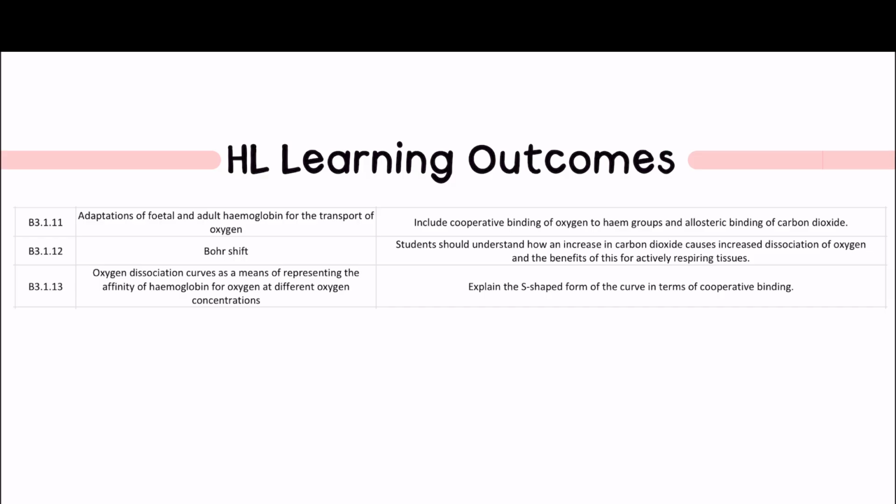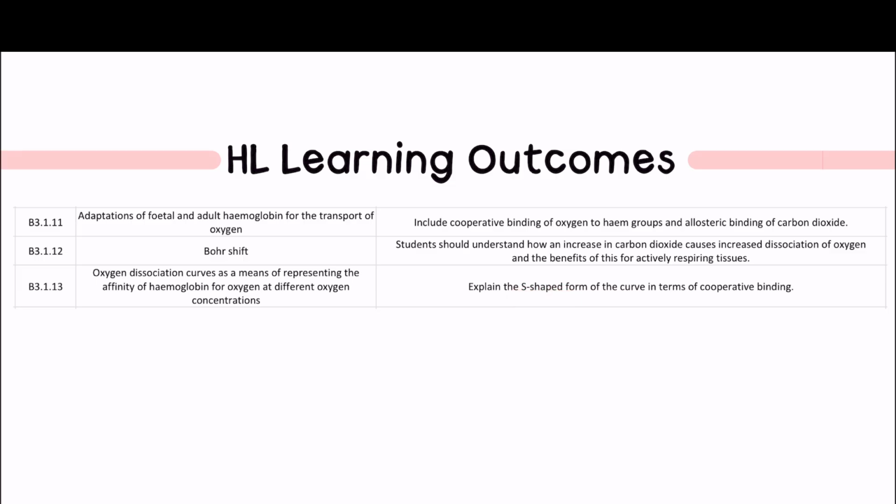Specifically, how are they really, really well at picking up oxygen, and what interplay is there between the fetus and the mother during pregnancy? Really understanding how hemoglobin works has all to do with the cooperative binding nature of oxygen, and this really is tied to all the other learning outcomes. Specifically, understanding the cooperative binding of oxygen helps explain both the Bohr shift and understand the S-shaped or sigmoidal curve that's actually going on when this is